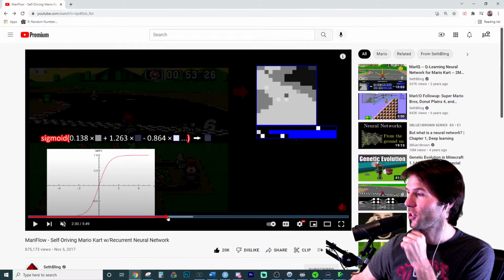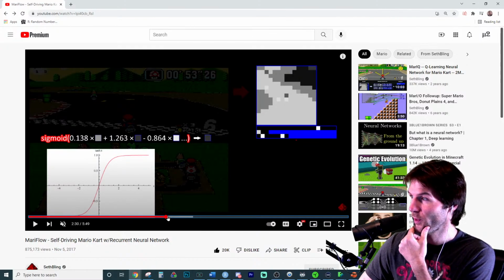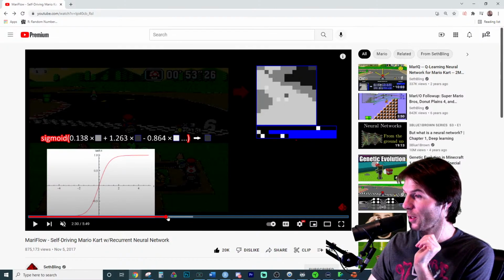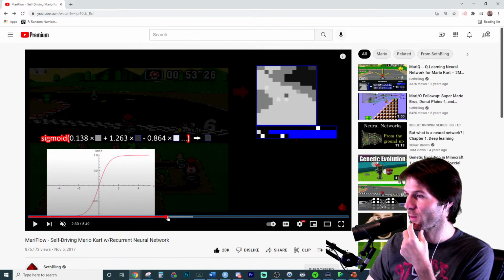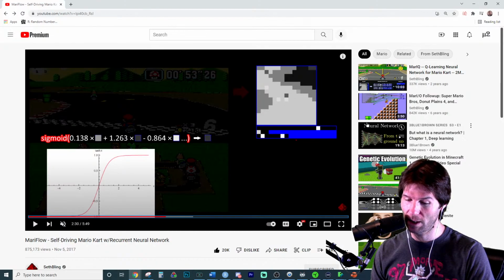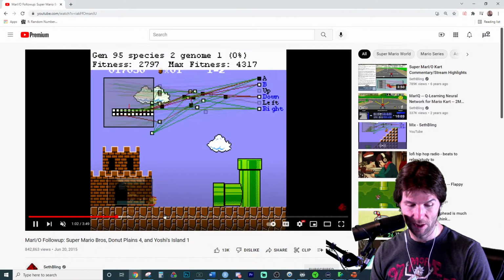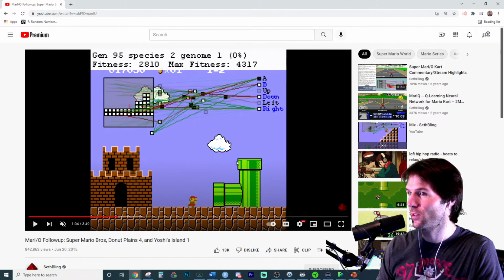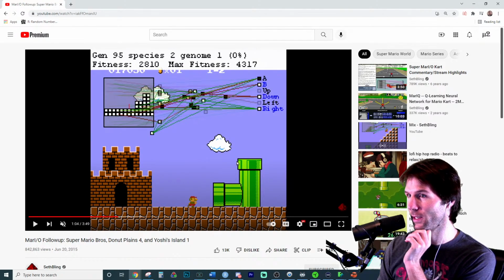There it is right there. He shows it for like 2 seconds. The sigmoidal curve used in logistic regression to predict probabilities. So Seth Bling right here doing mathematical equations, showing how we can do it. He does it with Mario also, so really great stuff. Follow-ups to his Mario video, and this is all using predictive analytics right here.